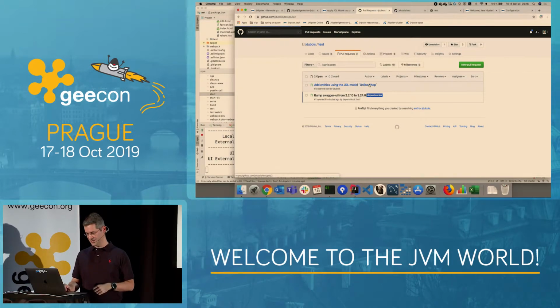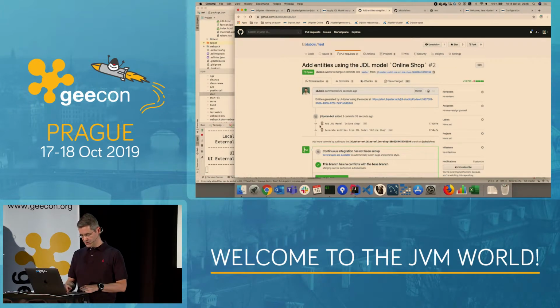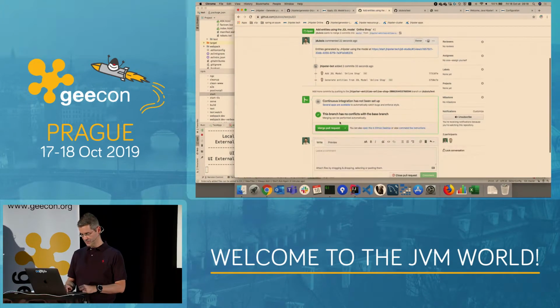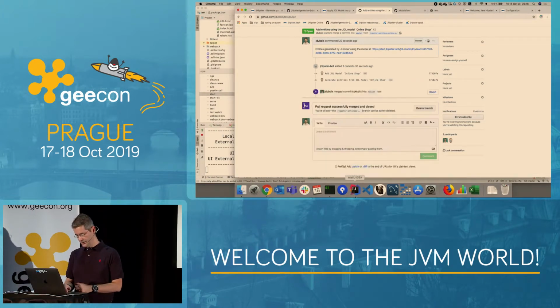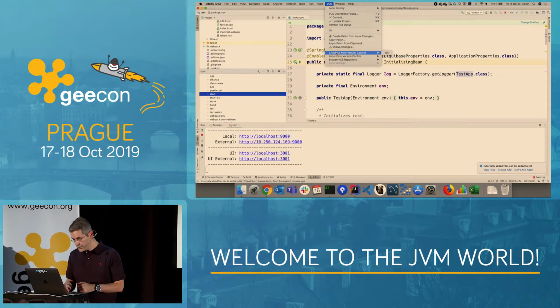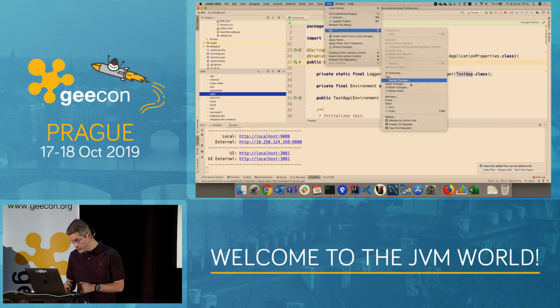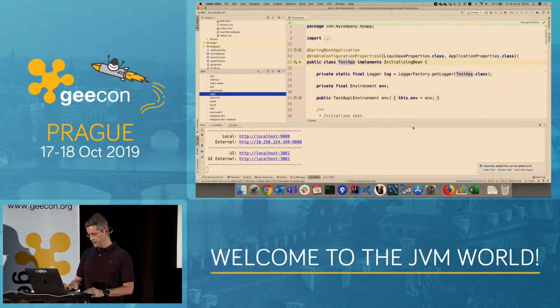But it's not as easy as what they say. It's not just upgrading a version. So this is my pull request for my entities. You can see that JHipster came and did a few commits. It did quite a lot of files. I'm trusting what it did, so I'm merging it. And let's take it here. So I'm coming back to my IDE. I'm going to tell Git to pull it. Here it is. And so all of the files are arriving automatically.